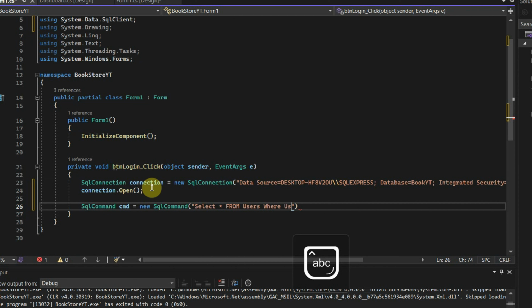where username is equal, and here the syntax is really important. Just single quotes, and inside single quotes, double quotes, and inside double quotes, double plus. Here,